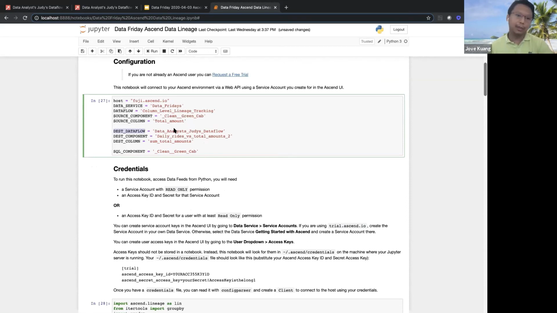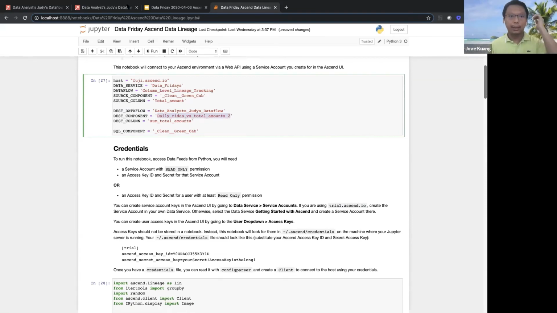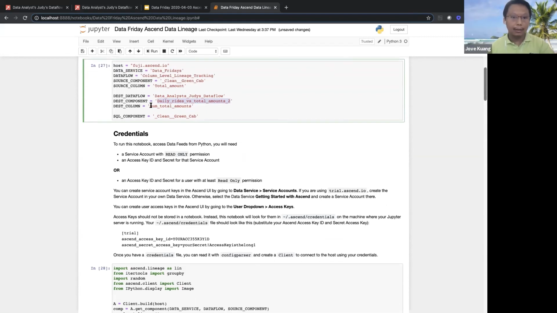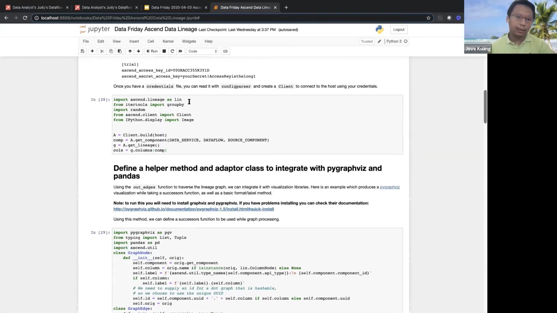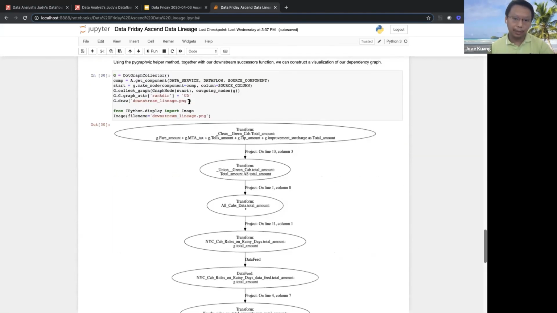Can you show me the full journey of it? So what I did is I put Judy's data flow in here, and the destination component is this particular component, daily writes versus total amounts. And the destination column is sum total amounts that she asked me about. So I just did a run all, so all of these results should be up to date now.